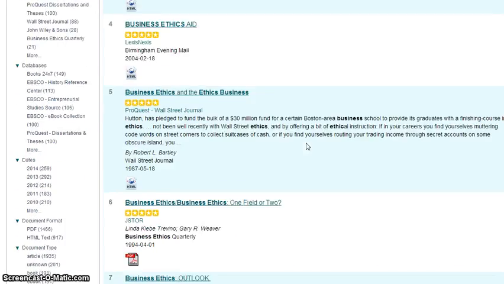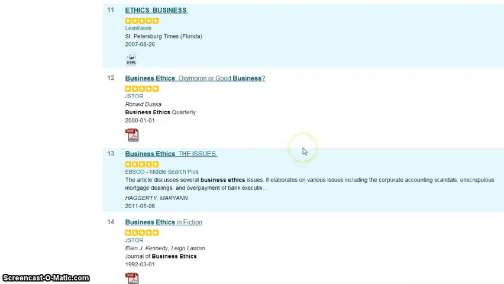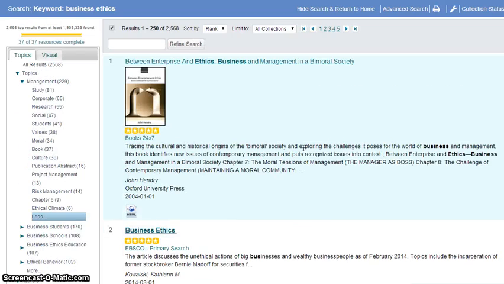There we go. And then you can see, instead of 10, I can keep going and going and going. The other thing I wanted to show you in here is how to help you direct the search, because 2,568 is still quite a bit. Up here, I've got something called the advanced search. Before we do that real quick, you can see that when I put in my keywords, business and ethics, it's searching for business and ethics. And right here, between enterprise and ethics business, that could or could not be related to what I'm looking for. But if I want to search just business ethics, I can do that in an advanced search. I'll show you what I mean.